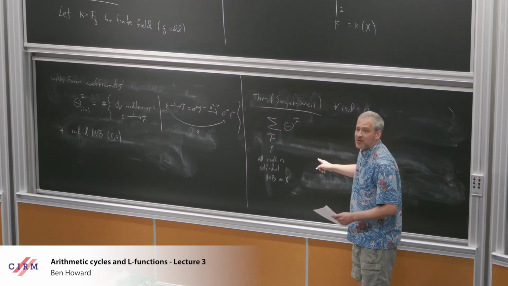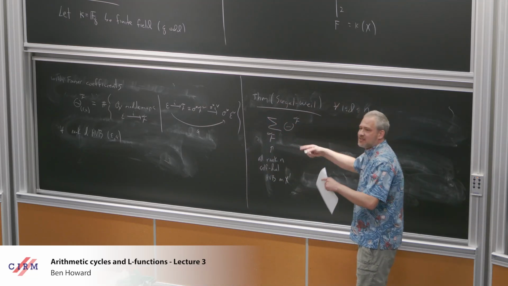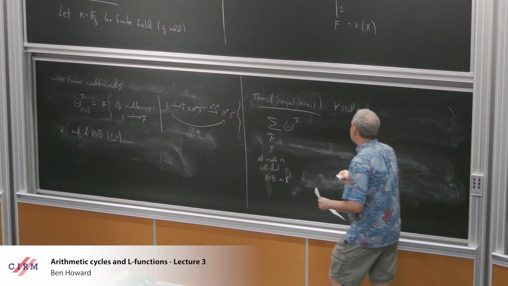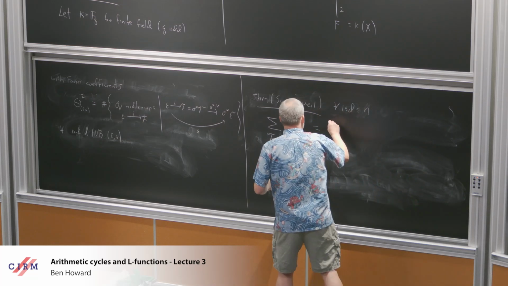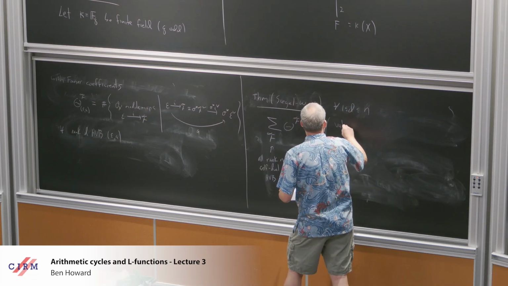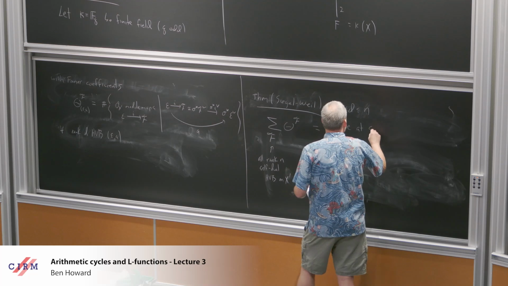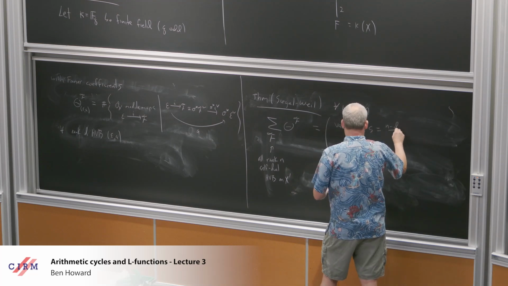If you sum them, I should divide by the size of the automorphism group of my vector bundle. But this is the value of an Eisenstein series at s equals n minus d over 2